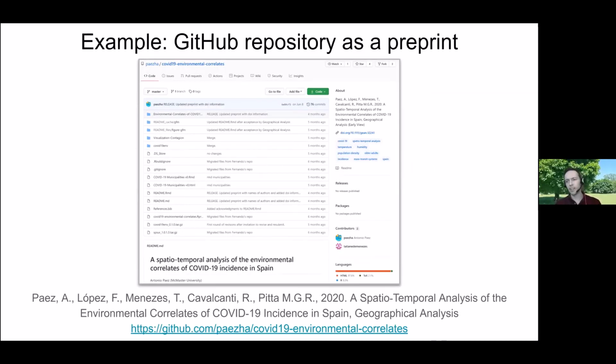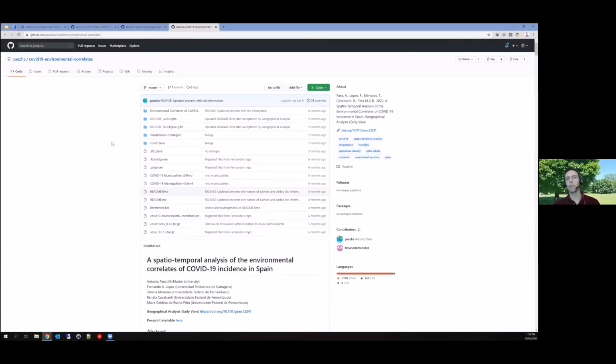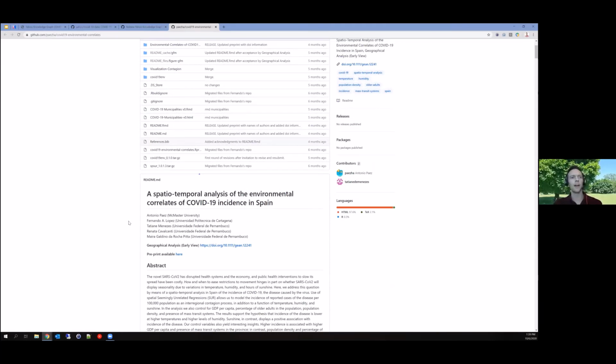So here's a really neat example, and it's neat not just because it comes from McMaster, but it's an interesting example because this is essentially a preprint of a COVID-19 paper that's been shared on GitHub, and so this is also submitted to a publication, and so it's linked here to the DOI. But essentially, this was used by the research team to coordinate their work, and so they've shared all their materials, or the majority of their materials, in their GitHub repository, and using just regular Markdown, they've created